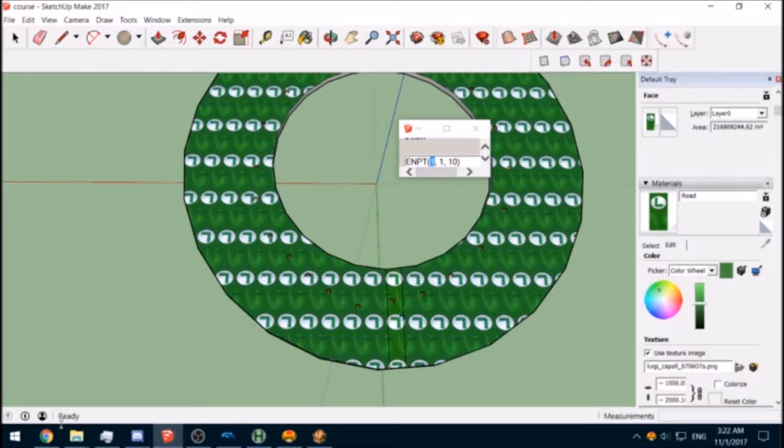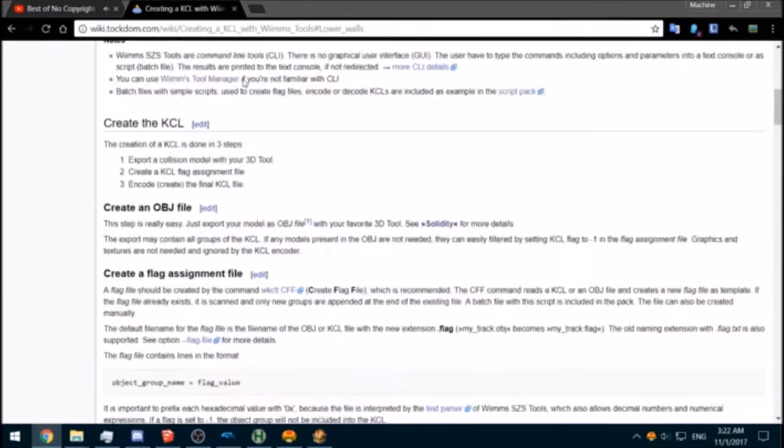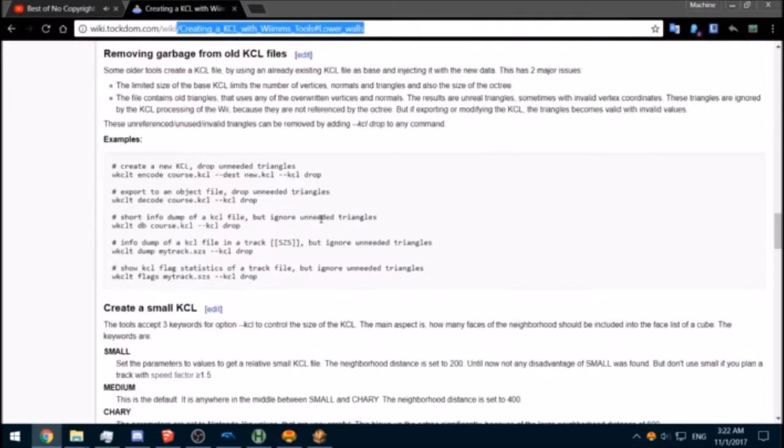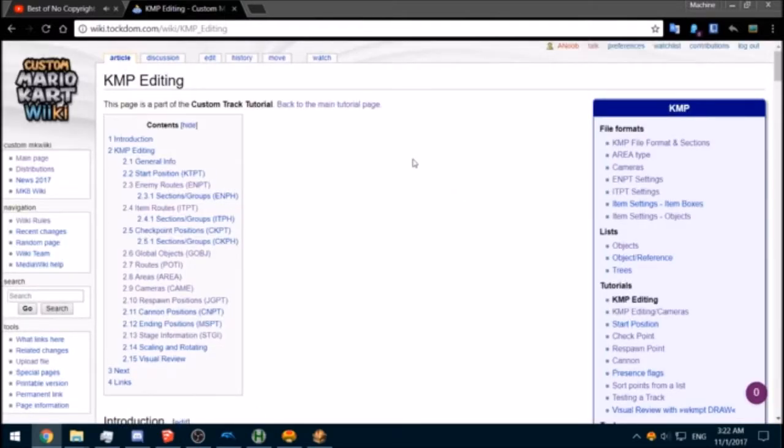Now there's a whole bunch of other sections that you can add in, and you can find all of this stuff on the wiki. Yes, just go to the KMP editing page, wiki.talkdom.com/wiki/KMP editing.